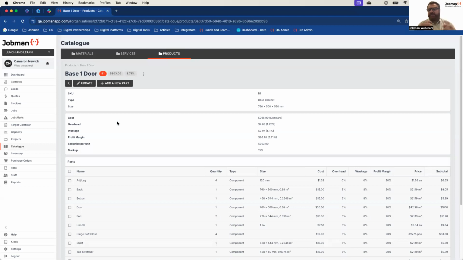So as I make the product bigger, longer, higher, it will increase the price because Jobman understands how those materials then interact with the pricing. We also then use style items to interact with the different parts so that you can tell Jobman what the pricing should be. So in that way, we can take one product and we can cover millions of variations. And that's the superpower of Jobman.